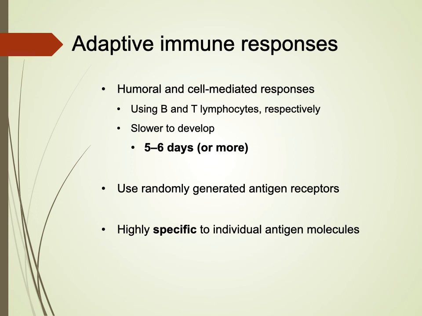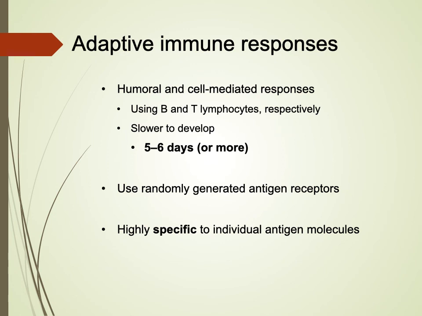Now, again, to compare this with the adaptive immune response, this is where we're looking at responses that are called humoral. So humoral immunity, meaning fluid. And so antibodies are found in the fluid, in your blood, in the serum. And so humoral immunity refers to our B cell response. And then we have cell-mediated response or cell-mediated immunity, and this is our T cells. Okay, so our T cells are going to give us the cell-mediated. So our T cells are going to go out and fight depending upon what type of T cell they are.